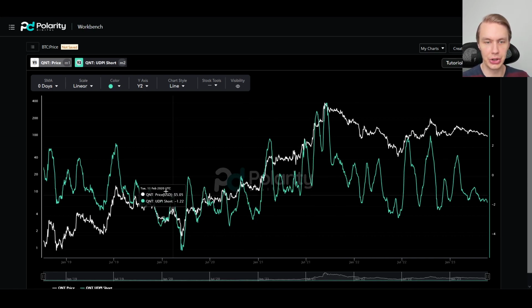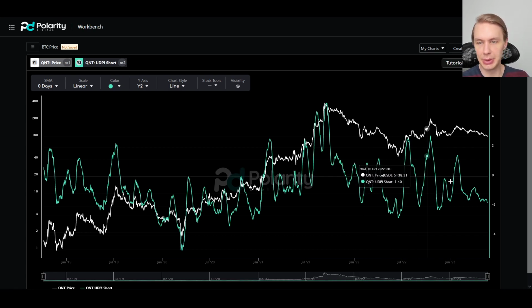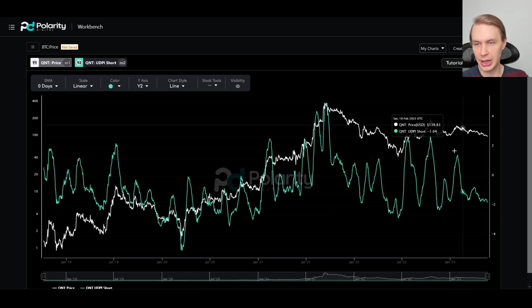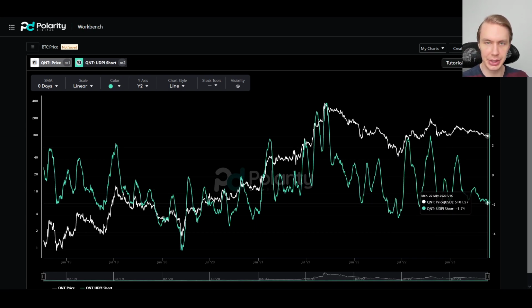So I've just flipped over to the short-term version of our upside downside potential indicator. This cares about moves that play out over days to weeks, much shorter in its time preference. And so what you can see here is that the short-term UDPI has been treating this kind of -2 range as local support for a while, really ever since we've gotten down to these June lows. We bounced off of it here, bounced off of it here, bounced off of it here for a bit of upside, and then again here. This rally launched off of similar levels, and we're back down to those kind of levels again here.